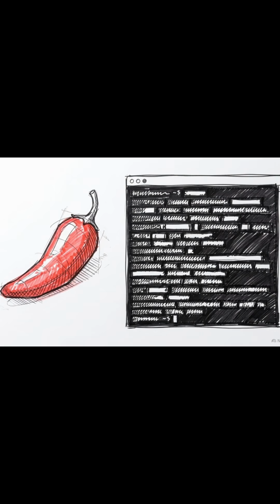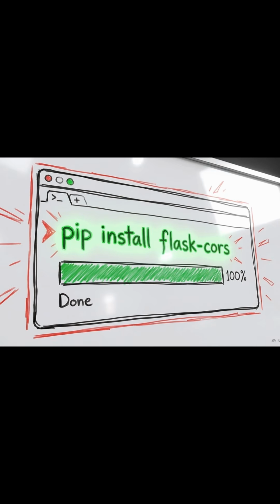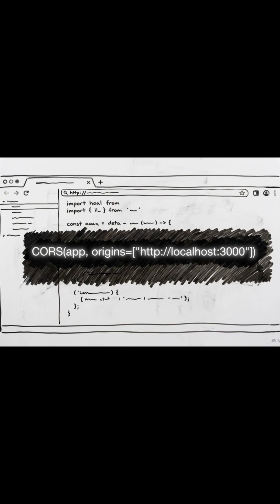If you are working in Flask, the process follows a slightly different syntax but achieves the same result. First, install the Flask-CORS package using your terminal. This provides the specific tools needed to manage origin headers in a Flask environment. The implementation in your script is highly efficient, often requiring just a single line of code to wrap your application. This snippet shows the syntax. You call the